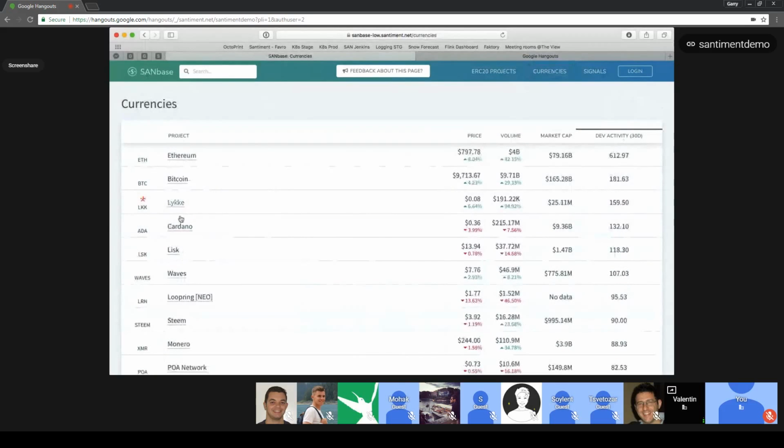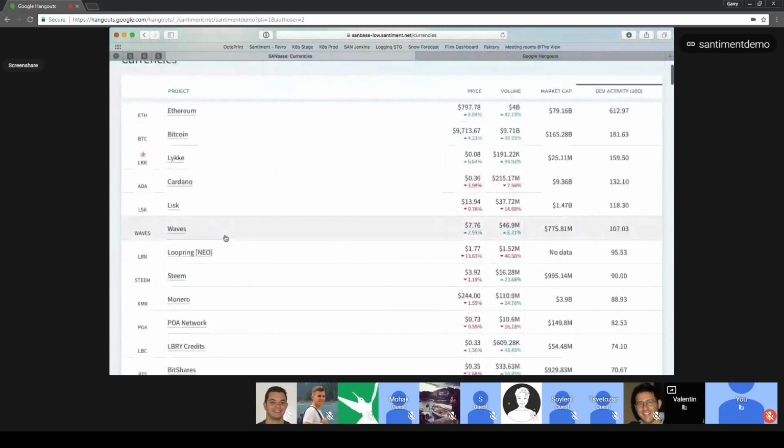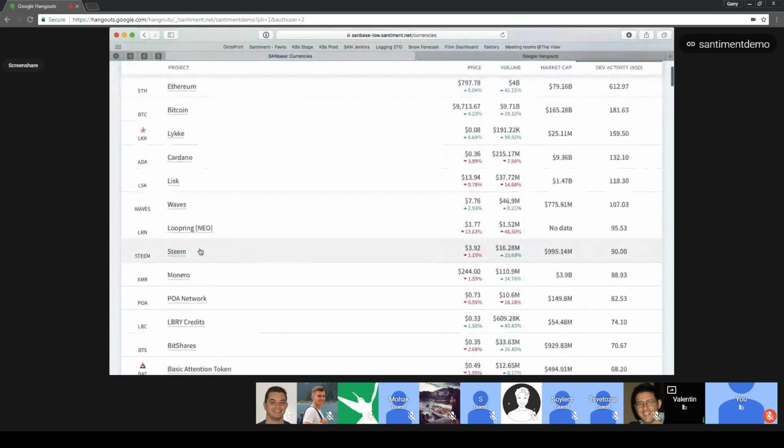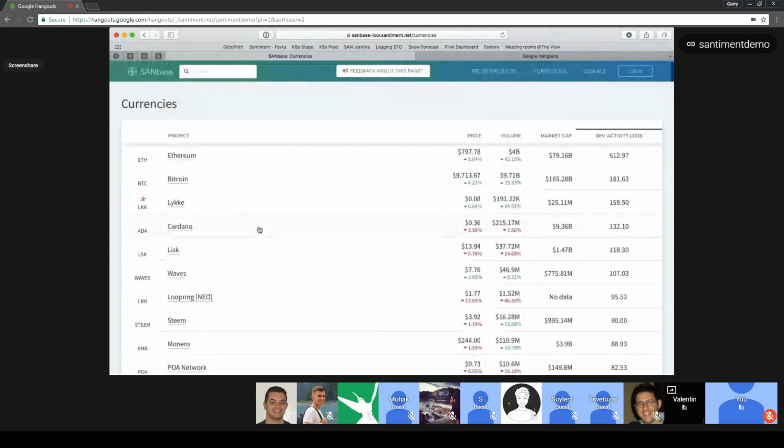You can see that Lisk is actually having quite big dev activity, which might be surprising to a lot of people. Cardano is doing a pretty good job in their development. Steem is also quite active. Basically, seeing which projects are accumulating dev activity and which are not. Okay, any questions so